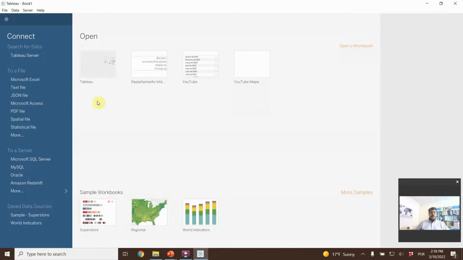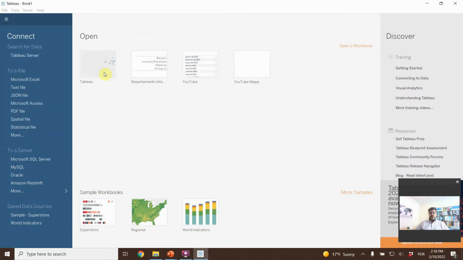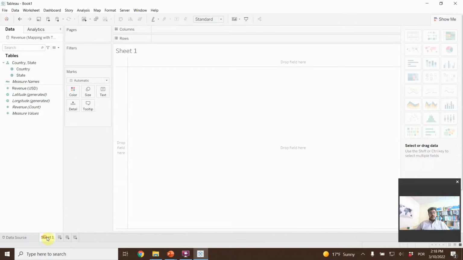So, okay, how do we do that? First of all, where are our numbers? So Microsoft Excel, mapping with Tableau. These are our numbers. So, okay, how do we do that? So, first of all, how do we want to summarize it? By country or by state? So let's try